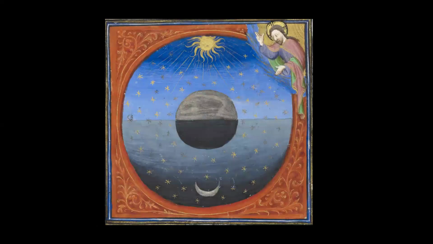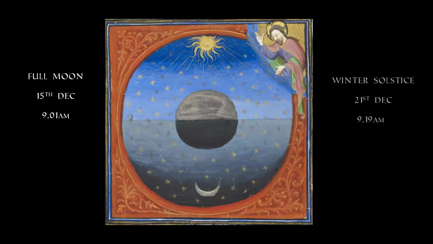Now, a solstitial full moon, what I mean by that is that it's basically the full moon that's closest to the winter solstice. So this event is linked both to the sun and the moon at the same time. The full moon is, well, in about a minute's time, perhaps less than a minute, it'll be the full moon for the 15th of December. And then on Saturday, in 6 days' time, we'll have the summer solstice.